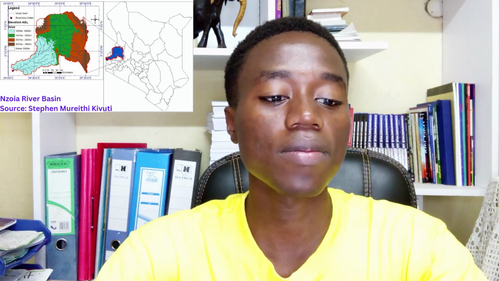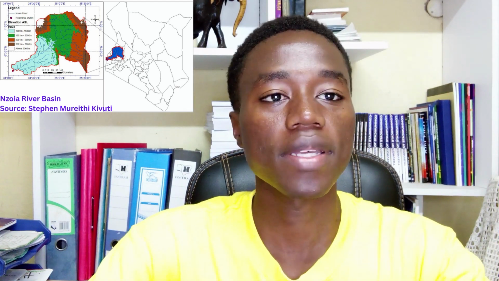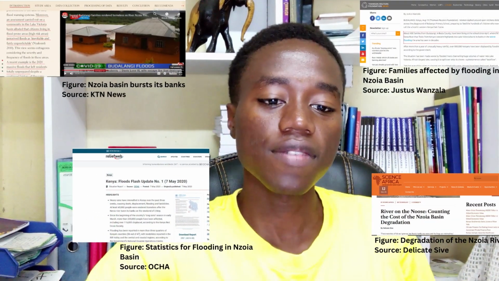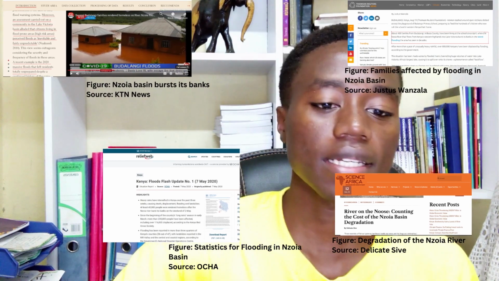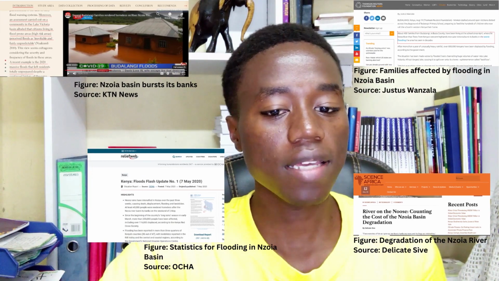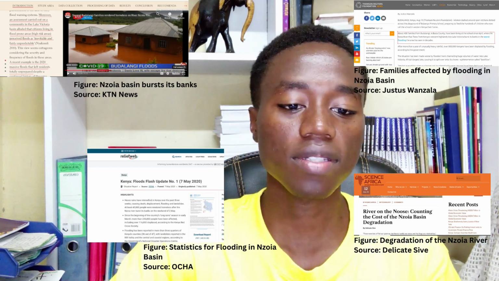Remember, this lake is the source of the Nile, meaning that quite a sizable chunk of North Africa relies either directly or indirectly on what happens in the environs of this area. The area frequently experiences severe flooding, partly due to unsustainable human activities and changing climate patterns. This project aims to understand the impact of these changes on the basin and its consequences.